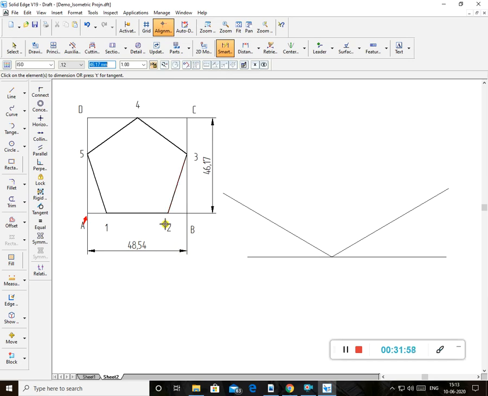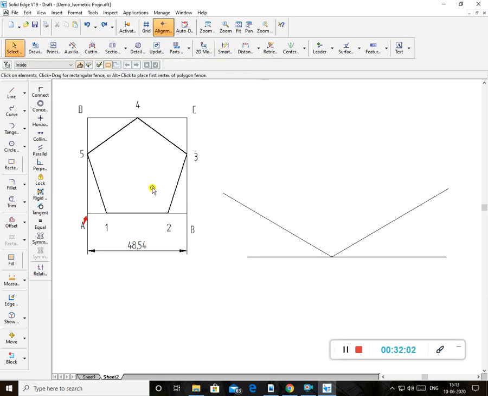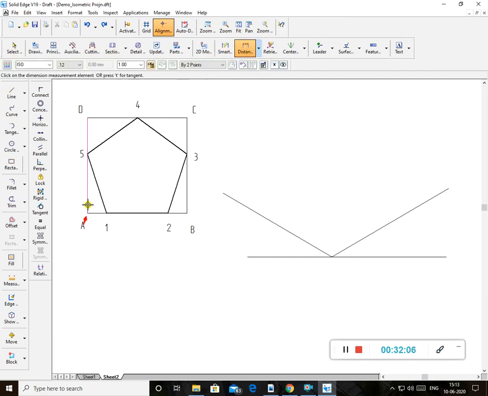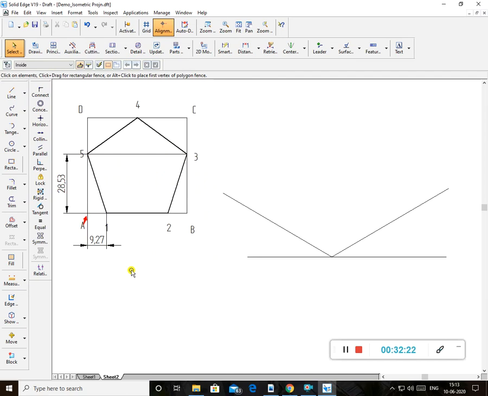So you don't measure this dimension; you measure only this much, this distance from this point, and from here you measure this distance to this point. This distance is the same, it is the same.